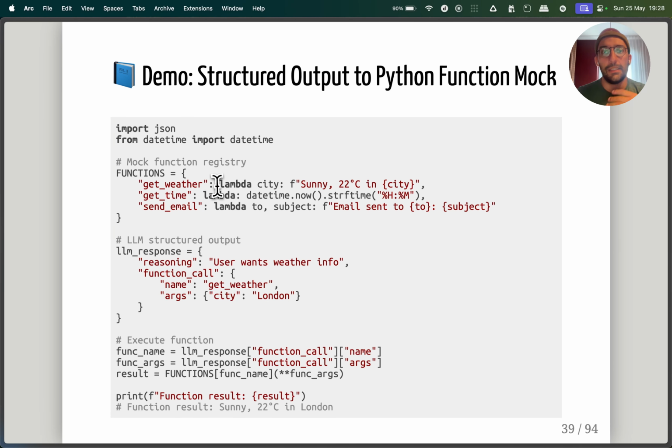Essentially what would happen here is that we're just returning mock examples. We're returning things that are just for demonstration purposes. We're not actually doing anything with the inputs. But this is just to demonstrate the idea of how we can start piecing together this architecture of giving LLMs the ability to act on our behalf.